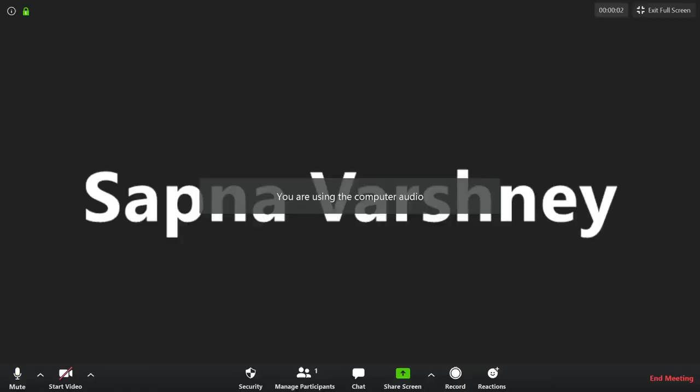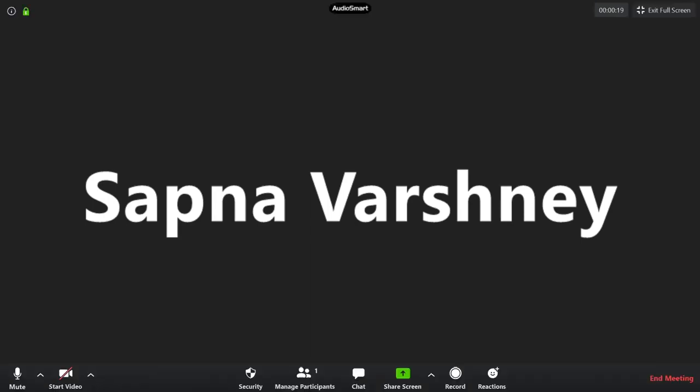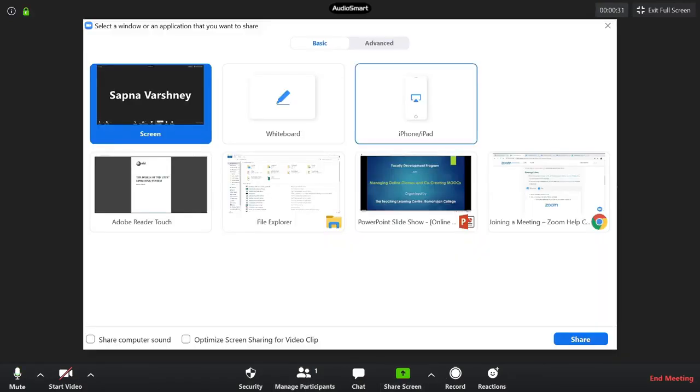A new window has opened, and as you can see, a new meeting has started and the meeting room is being displayed. Now the host and attendee can share screen by clicking the share screen icon, and the host can prevent participants from accessing screen share. In the meeting controls being displayed at the bottom, click on the share screen button. As you can see, a number of options are available over here.